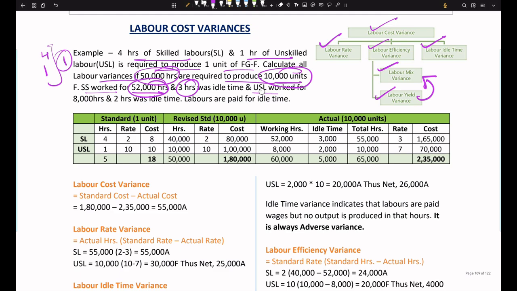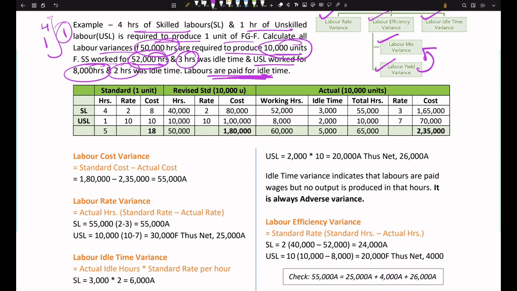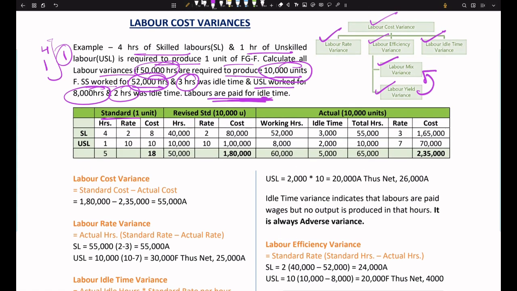And the unskilled labor time worked for 8,000 hours and 2 hours was idle time, got it. Labors are paid for idle time, we have to pay for it. So the table is like this, for 1 unit,